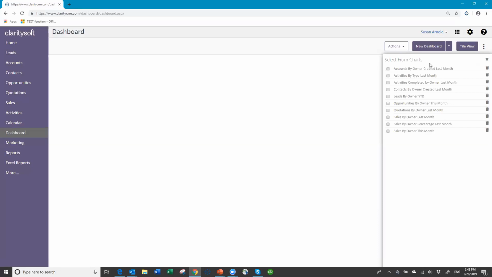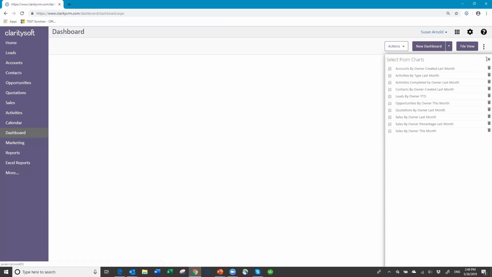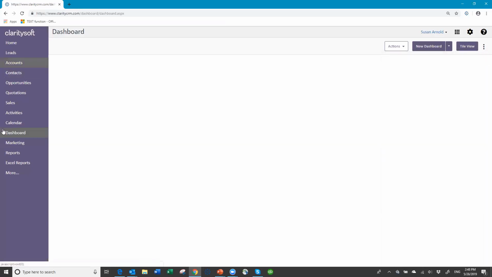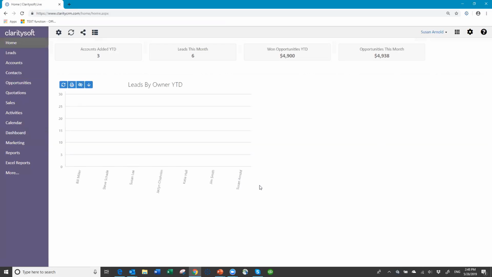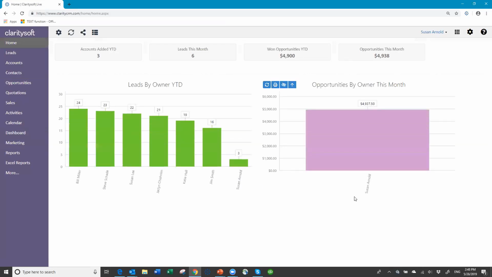So I just wanted you to know that you can create ones if you don't like the ones we already have there. So that's setting up your home screen and being able to see what is happening in the database. All right. Back to